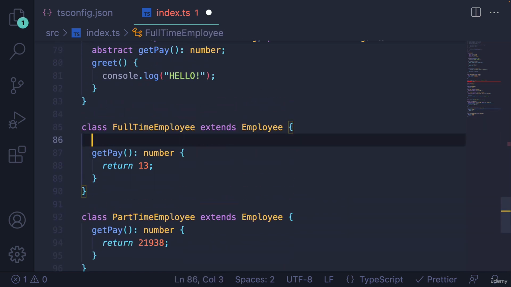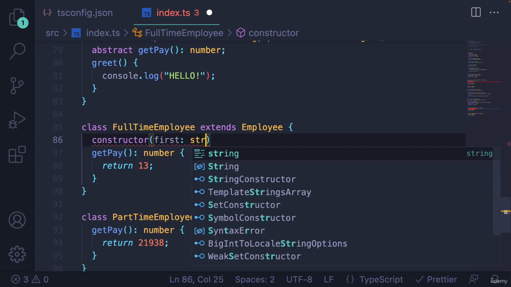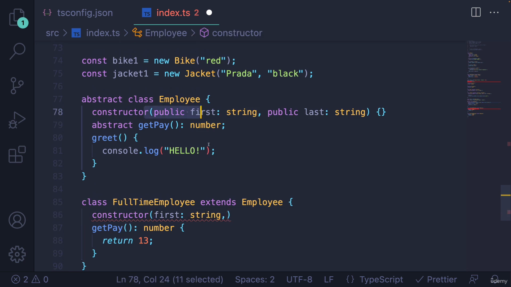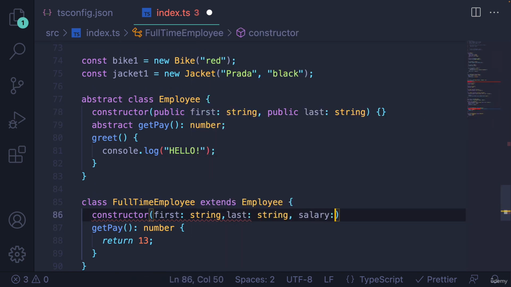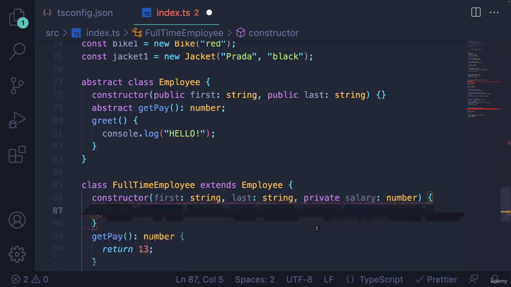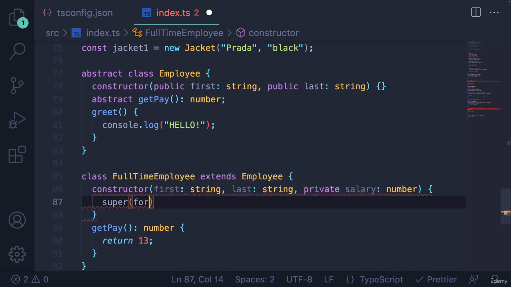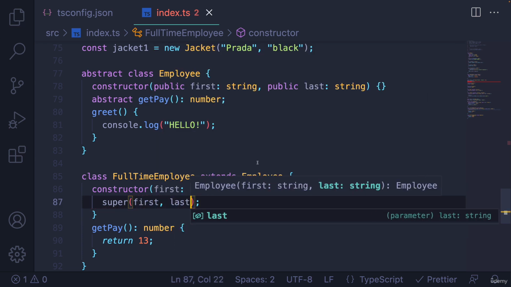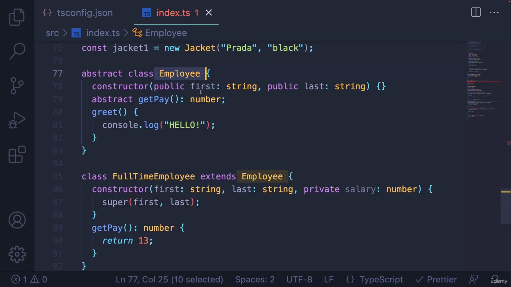So full-time employee will just have a salary. So let's add a constructor here. And that will accept a first name that's a string, and we'll pass it on up to the parent class. Last name is a string, and then salary is a number, just like that. And then in the constructor here, I'm going to make that a public property or maybe private, just like that. And then I'm going to call super with first and last, because that's what employee is expecting,